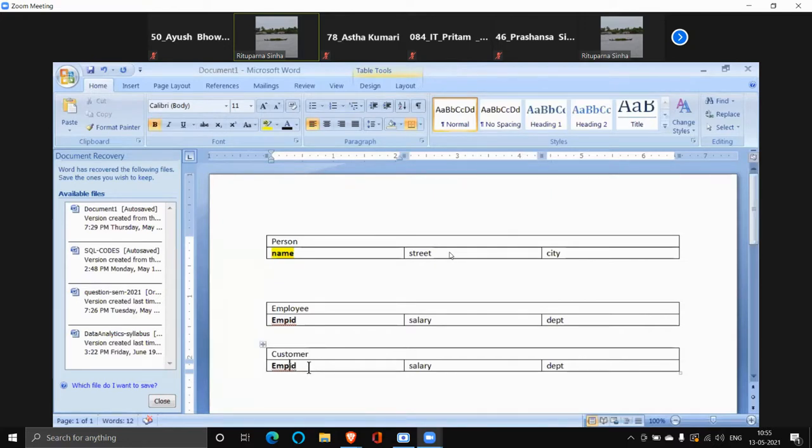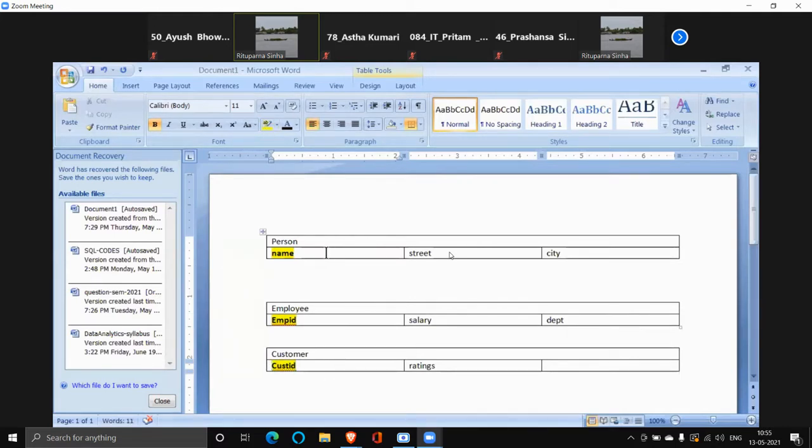Customer will have a customer ID. Customer ID and some other attributes are there. Let it be ratings and other things. Ratings, customer ratings, etc. So here, employee ID is the primary key of the employee table, and customer ID is the primary key of the customer table.